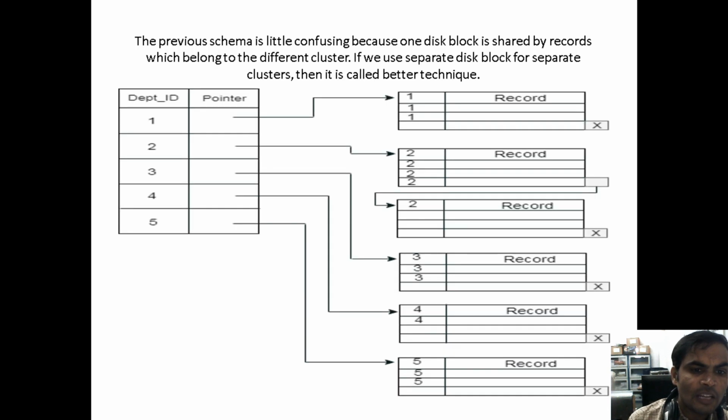Each and every data block can store only 4 records, that is the condition. You can store 5 records or 10 records, it is your wish. Based on your requirement, we can take 4 records, 5 records or 10 records.